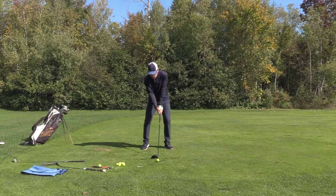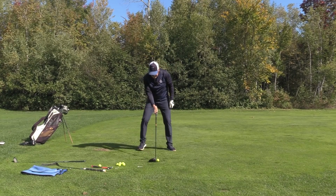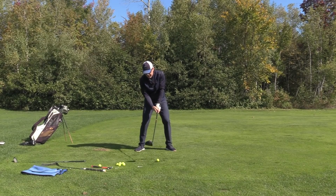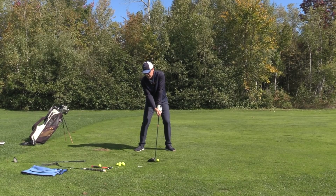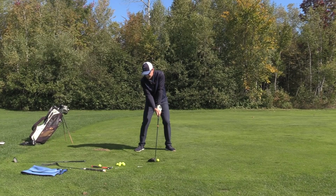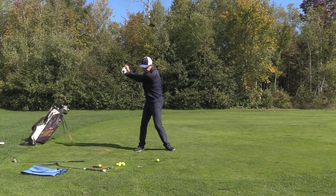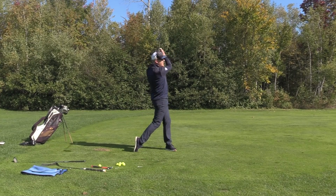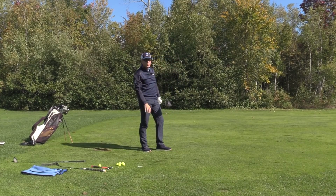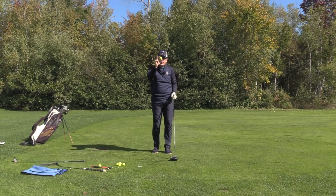But if I let the sole of the club deflect, hear that sound? And if the ball position is in the correct place, then all I've got to do now is just focus on the sole of the club deflecting along the ground when I'm whipping it out there. So I'm just going to whip it through the grass along the ground. And there it goes. The launch angle on that was about 5 degrees,